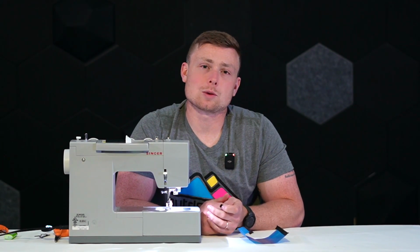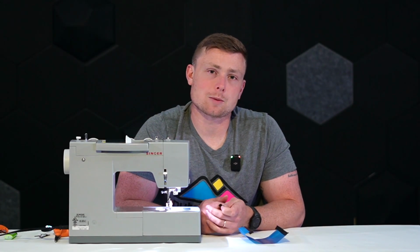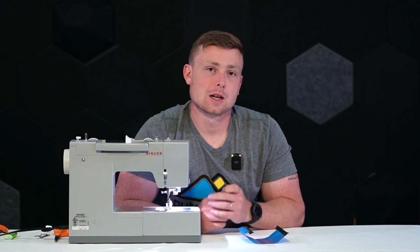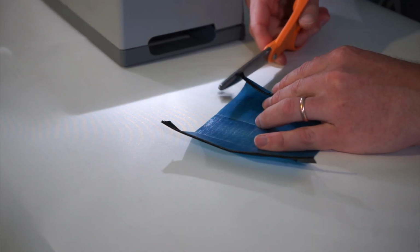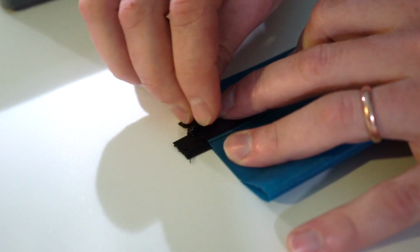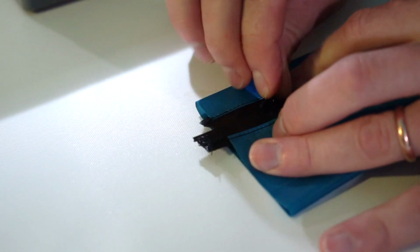I often find it difficult to hold both sides of the zipper tape while simultaneously trying to slide on the zipper onto the tape. So what I like to do is cut one side of the zipper tape shorter so that you have a longer side that you can go ahead and slide that pull onto while feeding the shorter